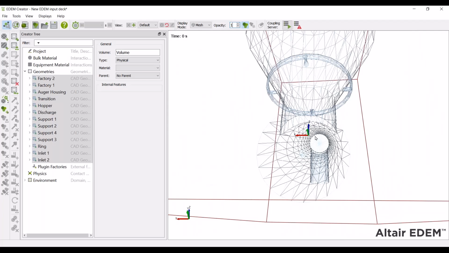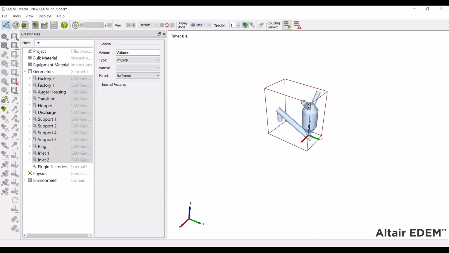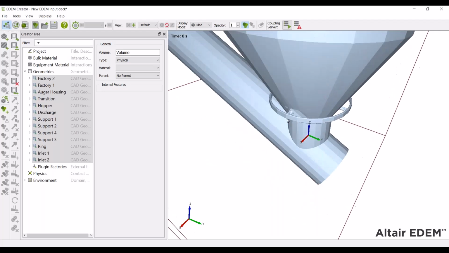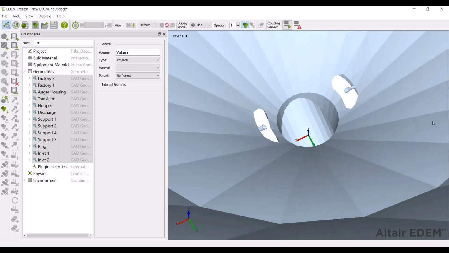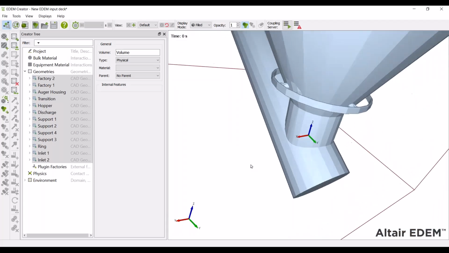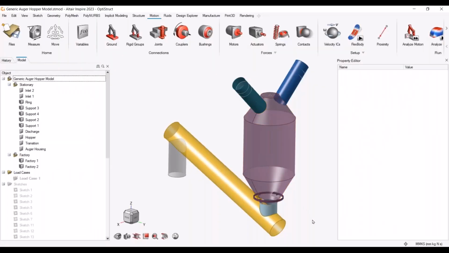If you had the mesh set too coarse and you are concerned about predicting things like the auger power, if you have too coarse of a triangular mesh, you might have areas where you have a clearance that's much smaller than in the physical system that you're trying to replicate. I've got the physical components in here now, but you would see that if we have particles dropping in, they would fall out of the openings where the sensor is, and of course I don't have the auger on the inside. So to get those geometries, I'll eventually import those through the MotionSolve model, and we'll go back to Inspire,